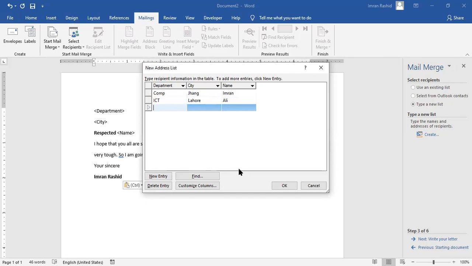As we press the Alt N key, a new record is automatically shown on the screen. The department is IT, the city is Karachi, and the name is Amir. The next one has department admin, city Chung, and the name Abdullah. And the last is again the computer department,